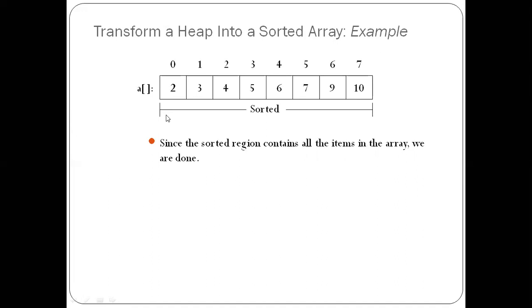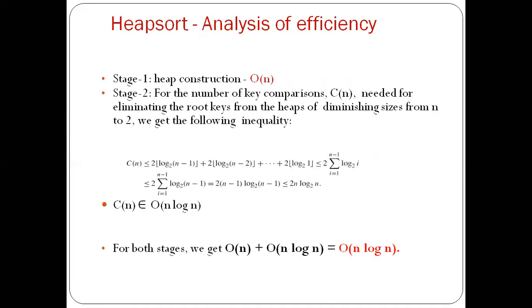So first you create the heap and then you delete the max from the constructed heap every time. The maximum key or root of the heap will be deleted every time, and that will be added into the deleted array part. Regarding the analysis, two steps are there. One is heap construction, where every node is added one by one, so its order will be n. If the tree has n nodes, and you add node by node, the construction will take order of n time. And the number of key comparisons, that is the deletion, will be the second step.